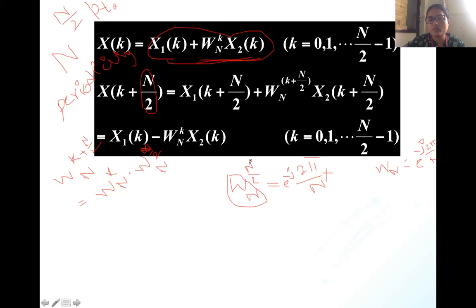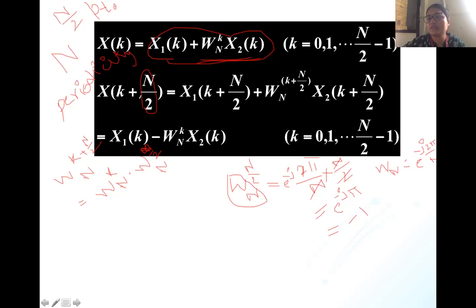into, now one more exponent is present over here, which is N by 2. So what will happen? This N and this N cancel each other, and this 2 and this 2 cancel each other. The value that remains is e raised to minus j pi. So the output of this is e raised to minus j pi, which is cos pi minus j sin pi. Cos pi is minus 1 and sin pi is always equal to 0. So this value is minus 1, which will appear here.